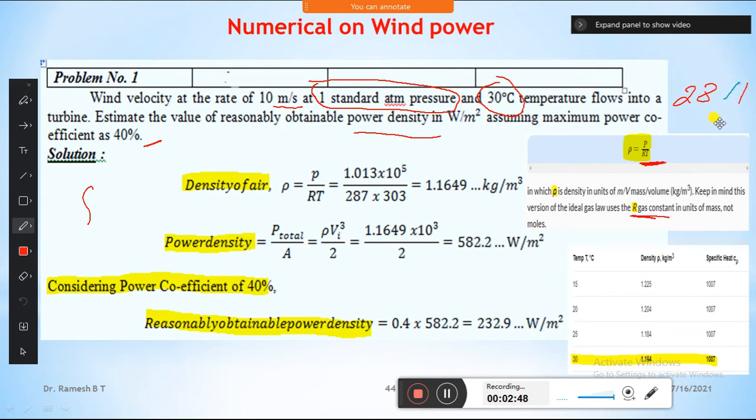And come to the P. P is the pressure, which is just given. So 1 atmospheric pressure, and you can take 1 bar. So P is equal to 1 bar. 1 bar means 10 raised to 5 Newton per meter square. So 1 bar equals 1.013, or you can take 1 into 10 raised to 5. Bar is in Newton per meter square, so if you convert to SI unit, it becomes